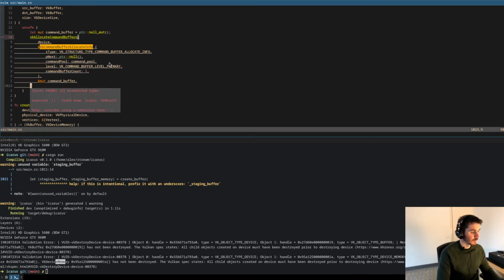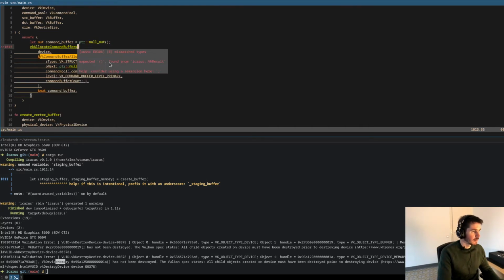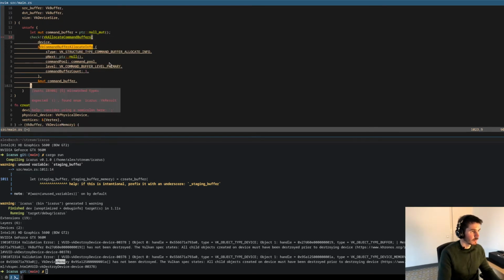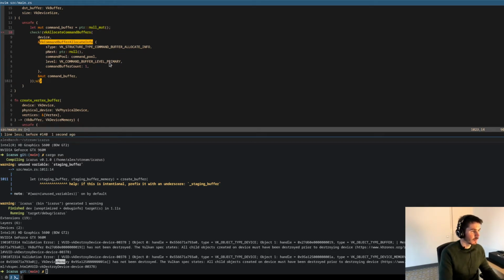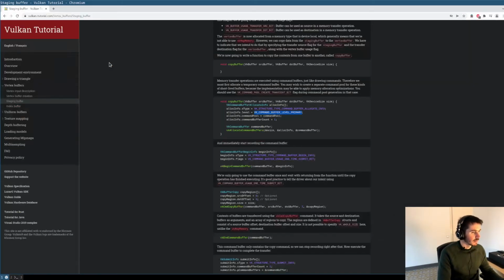And after we have allocated, okay, this function can fail, so we can add a check for it. Oops. Right after creating the command buffer, we can start recording into it,